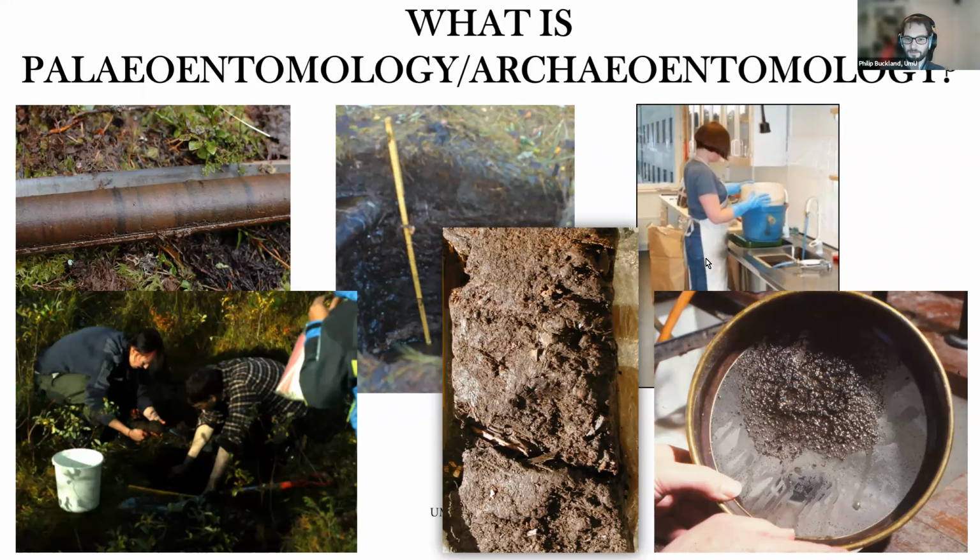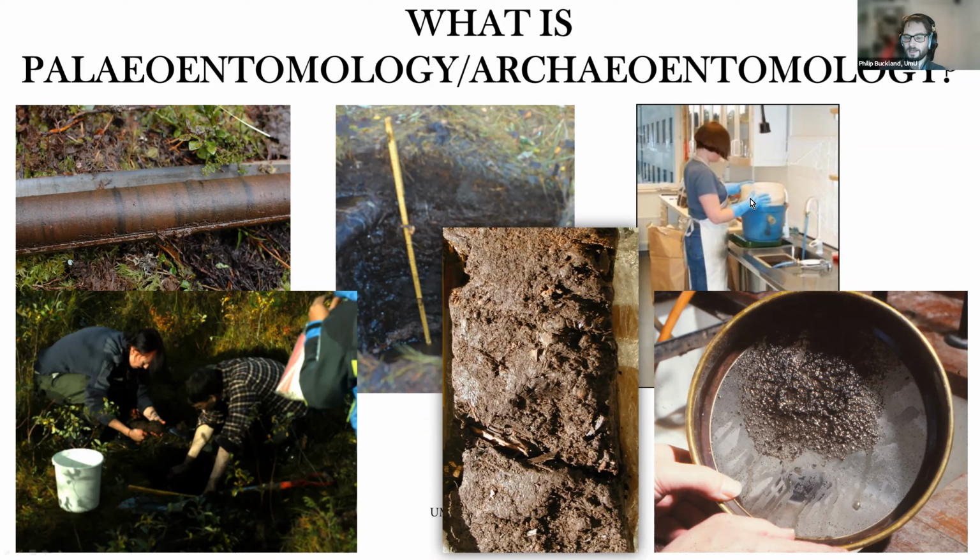Sometimes we will extract what we call a monolith, so a lump of peat, and then we'll chop it up in the lab. And that allows us to do things like pollen analysis, where you need very, very small samples from the same core and then correlate the evidence from the different types of data or the different types of organisms. We do geochemistry of the core as well. And that's very important because the different methods complement each other in different ways. Every type of evidence has its own limits, you could say.